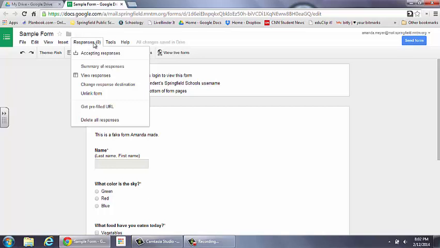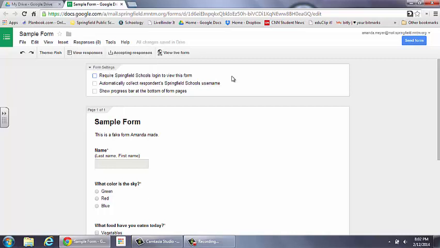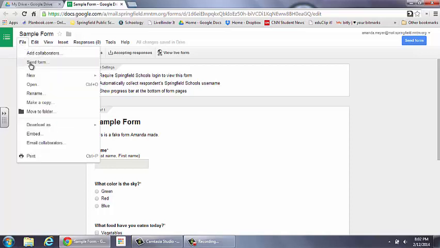And this is going to be tallying all of your responses. So you can see your responses, you can view them as a spreadsheet, you can get them as a summary, which will make a nice graph for you, or you can get rid of all of your responses. So that's something you can certainly play around with, is some of those options. But the main thing that you need to do to finish your form today is you are going to share it with someone. So what you want to do is you want to go to Send Form,